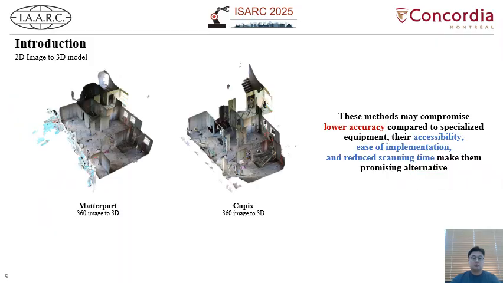As an alternative to expensive laser-based equipment, methods that reconstruct 3D models from 2D images gained attention in the construction industry. While these methods may offer lower accuracy compared to specialized sensors like LiDAR, they provide major advantages in terms of accessibility, ease of implementation, and reduced scanning time. Among various image-based methods, structure from motion stands out because it can reconstruct not only 3D geometry but also estimate camera poses,